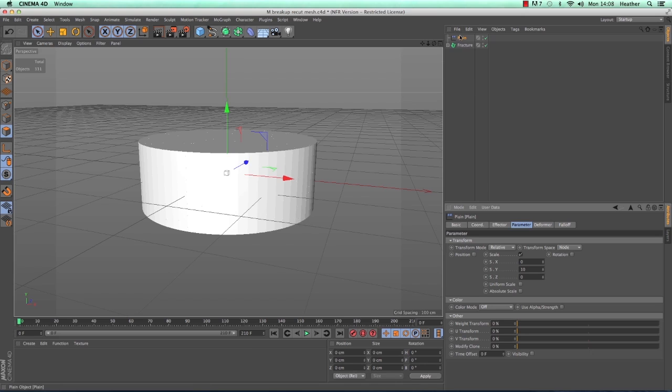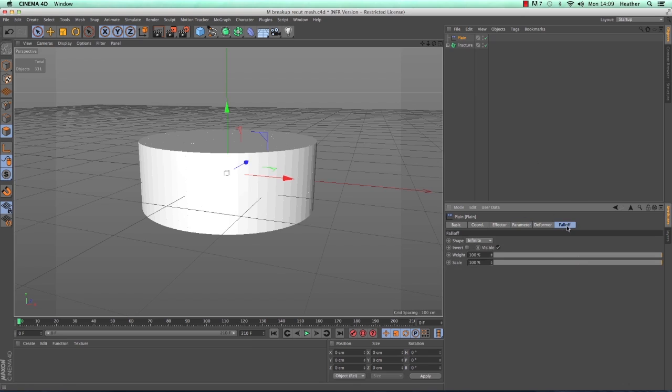As it stands at the minute, this plane effector is affecting the entire mesh. We don't want that. We want the plane effector to only affect a little bit of the mesh at a time. So we can do that using the plane's falloff. So if we jump into the falloff tab, you can see by default the shape is set to infinite, which is why it's affecting everything on this mesh.